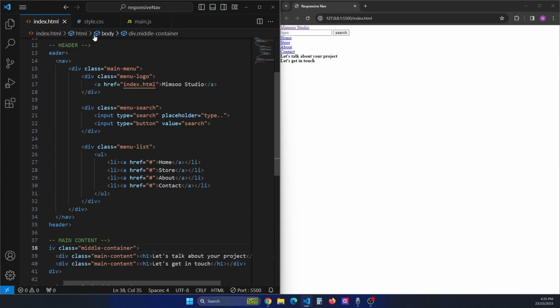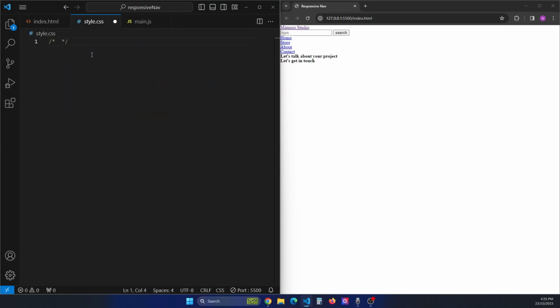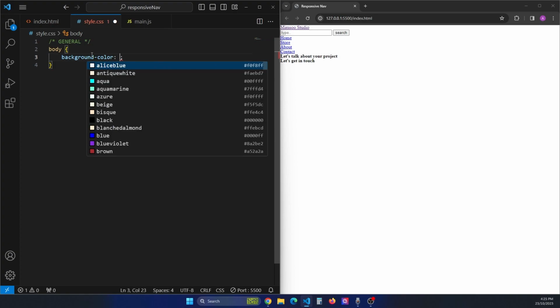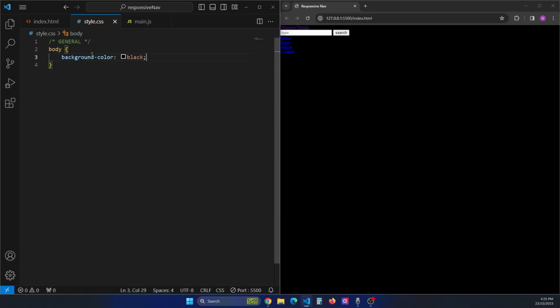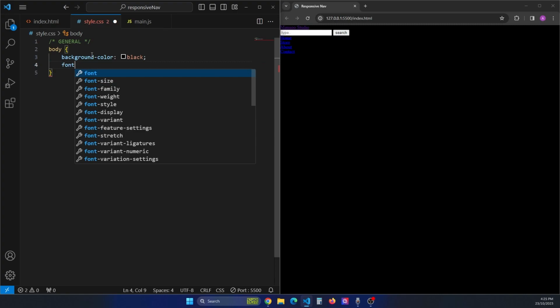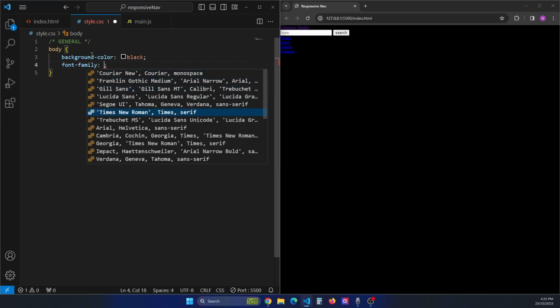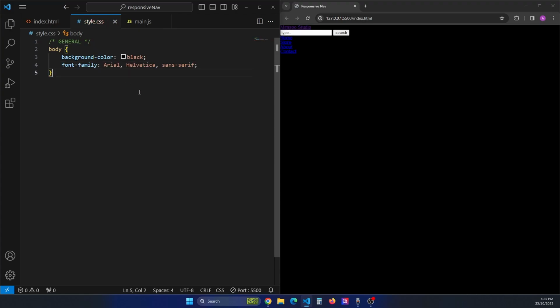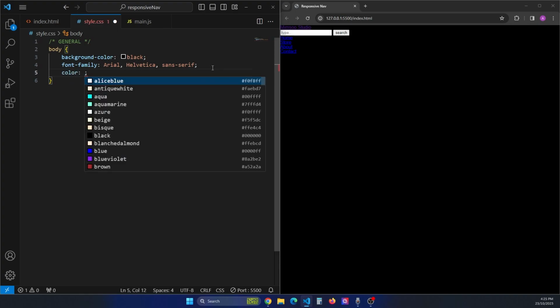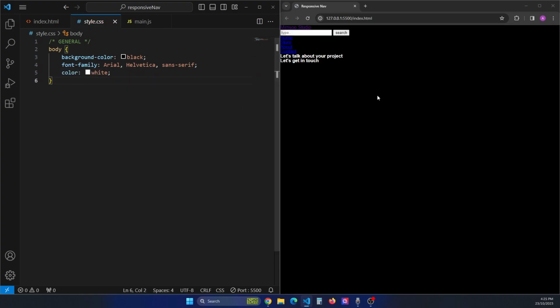And so let's go in our style. We'll say general. So for our body, we'll give it a black background with a font family of this one, and a color of white. There we go. So next up,